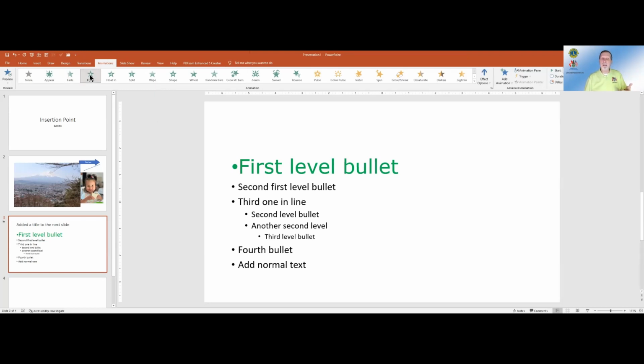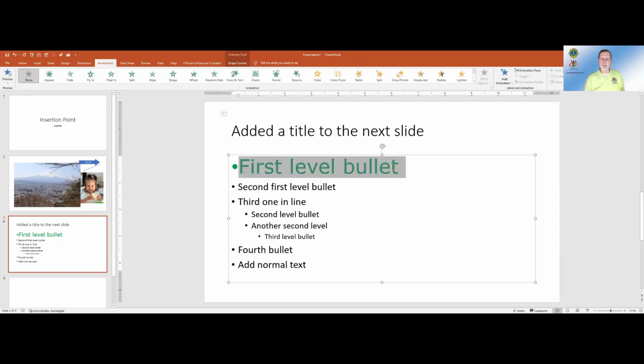If I try fly in, or float in, these are your animations. Now you may recall that I selected the entire text box, that title. And when I applied the animation, of course, it applied to the whole thing. What if you wanted to apply it to just the first level?